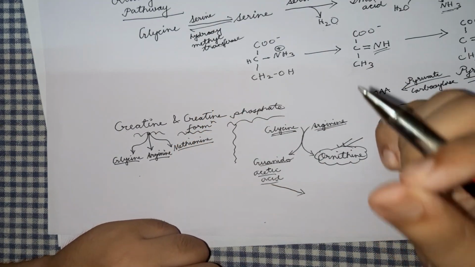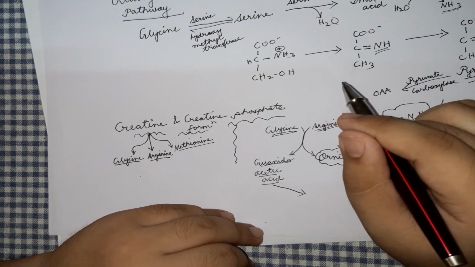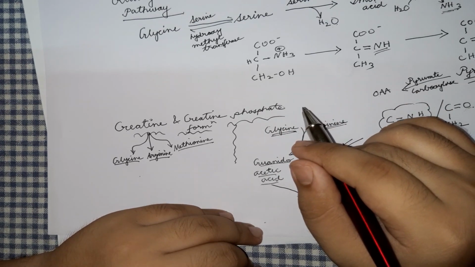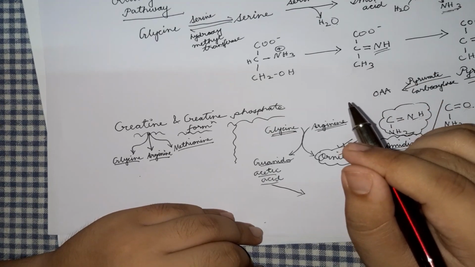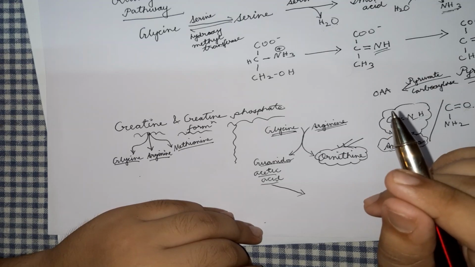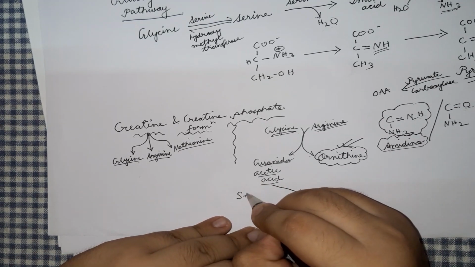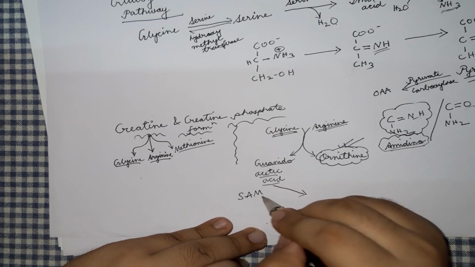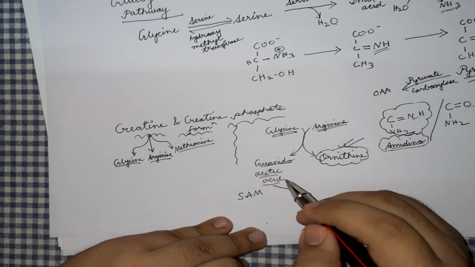What is the primary methyl donor in our body, or methionine donor if you may? It is S-adenosine methionine. So I'm abbreviating that here, SAM, S-adenosine methionine, that donates the methyl group to guanidoacetic acid